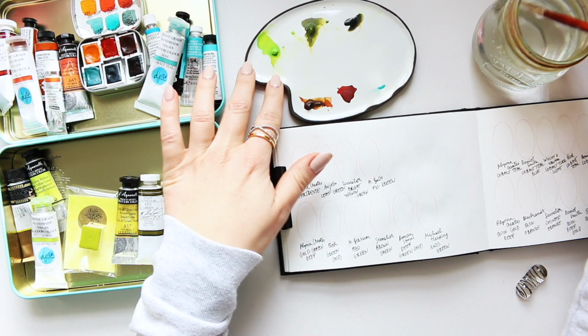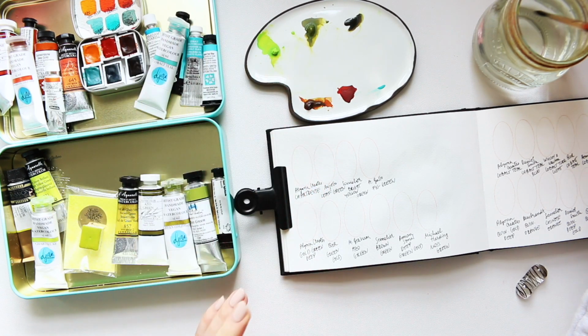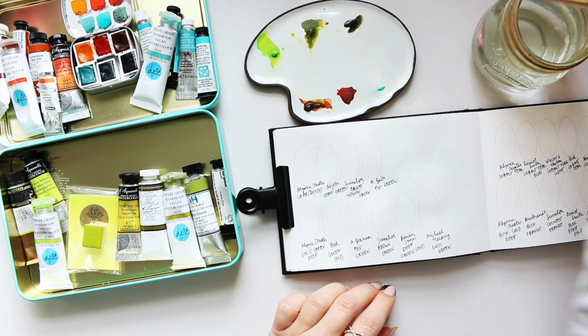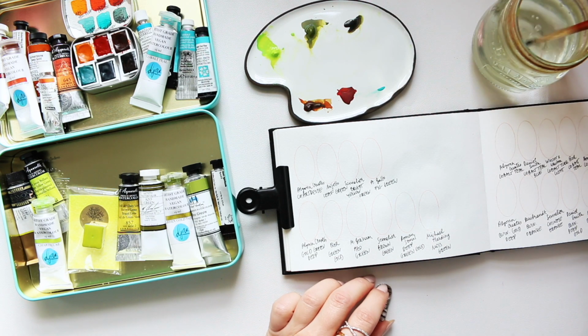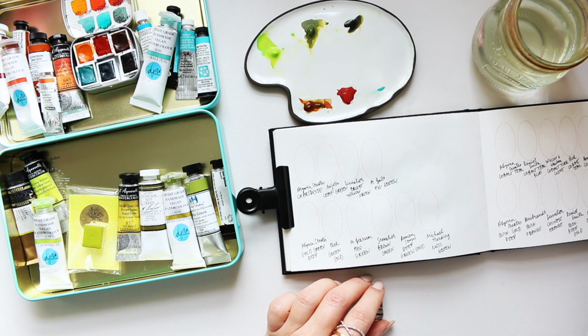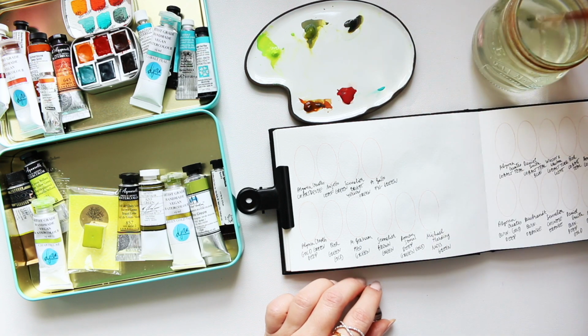Okay, I have a little bit of the paint squeezed out here, so I'm going to use it up. So we'll start with chartreuse, and I have already some of it here. I'll just wake it up a bit. I think I'll do that to all of these colors, just because they have been sitting in the dish for a while. And there we go. Okay,